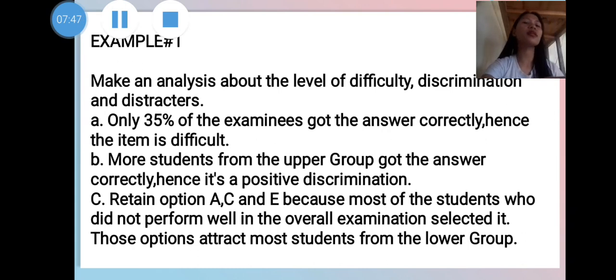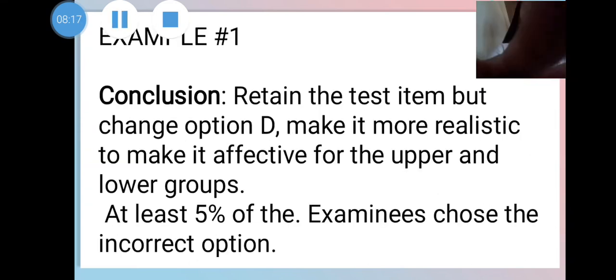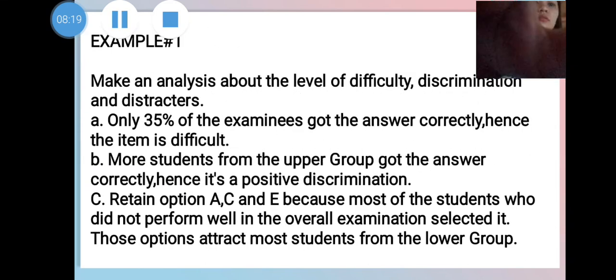Okay, kung titingnan natin yung example natin sa table, meron talagang mga students na kumukuha ng score sa option A, C, and E. Okay? So, therefore, we have to retain it. Okay, so in conclusion,